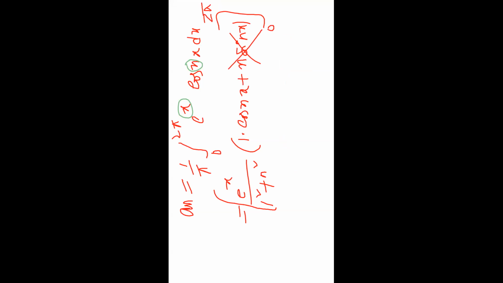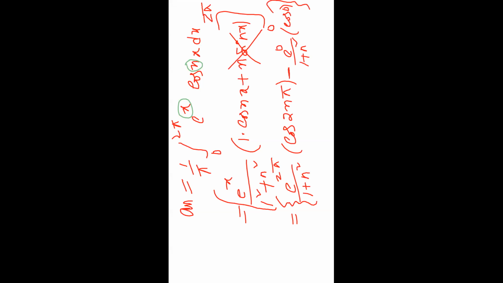Okay. First, replacing 2 pi in x: e power 2 pi by 1 plus n square. This is the upper limit. Next, cos n into 2 pi, so cos 2n pi, minus the lower limit: e power 0 by 1 plus n square into cos 0. Finally, e power 2 pi by 1 plus n square